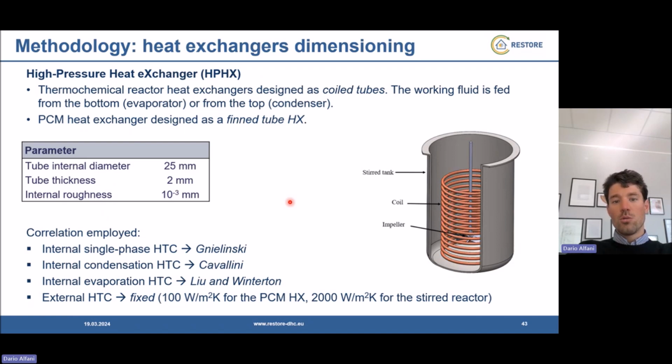For the heat exchanger, we were saying that we are using a discretized model for the main heat exchanger working with the reactor. We used, as we said, a stirred reactor with coil tubes inside, where the working fluid is fed from the bottom in the case of evaporator mode, or from the top if we're using it in condenser mode, while in the case of the phase change material, so for the electricity only case, we use a simplified version